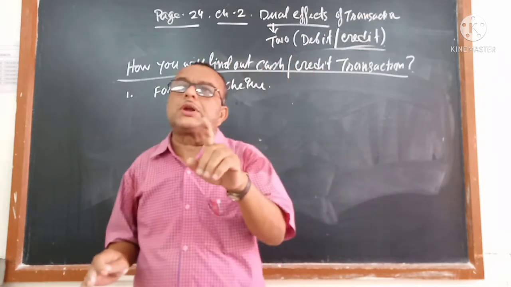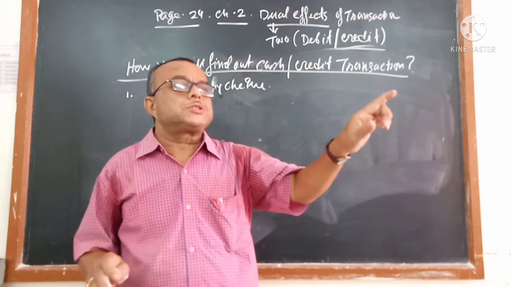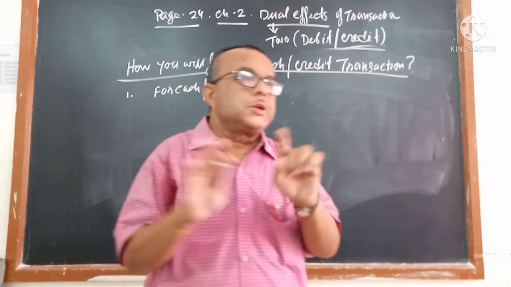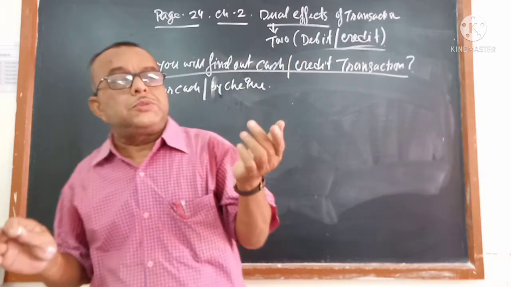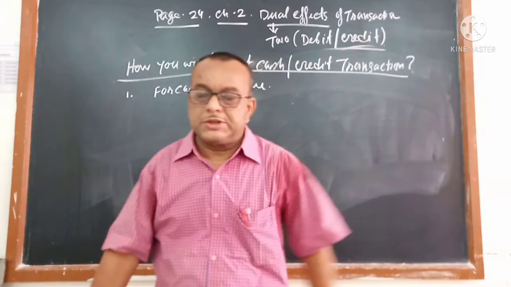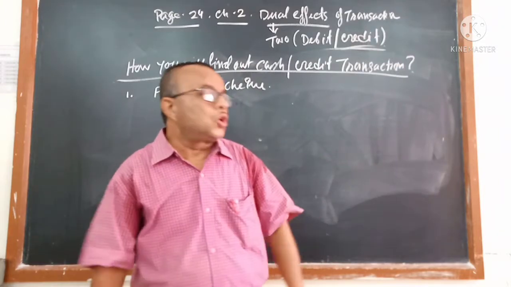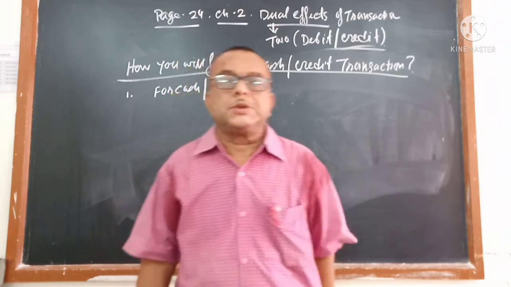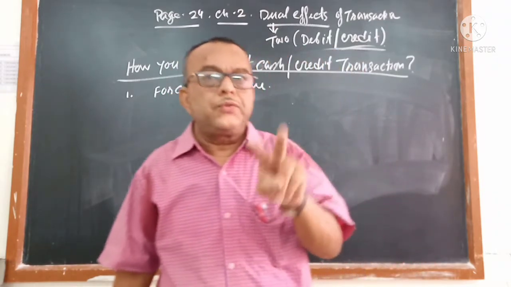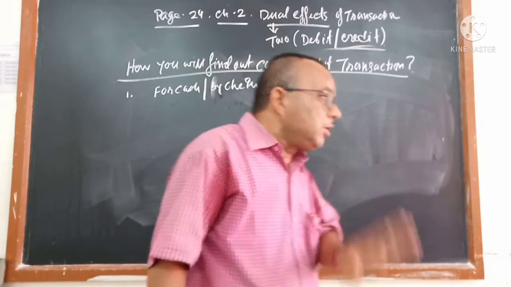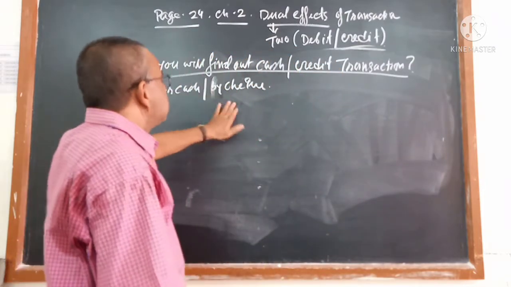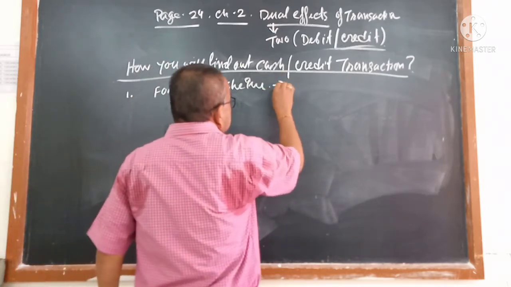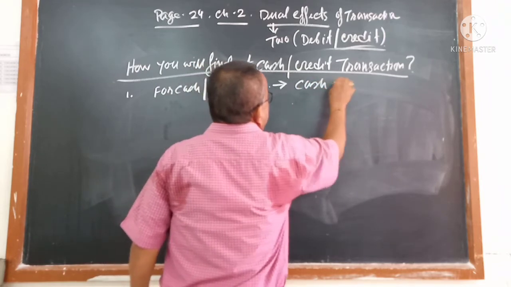If I give an example so that you can understand: suppose paid salary of rupees 9,000. Nowhere is it written for cash or by check. Suppose it is given: purchase goods of rupees 5,000 from Mr. X for cash. For cash is mentioned. Or it is given: sold goods of rupees 7,000 to Mr. X or Y by check. By check is mentioned. I want to tell you, check whether the words for cash or by check are written anywhere. If they are there, then these transactions will be considered cash transactions.